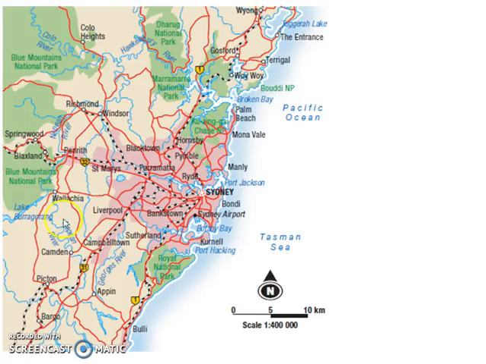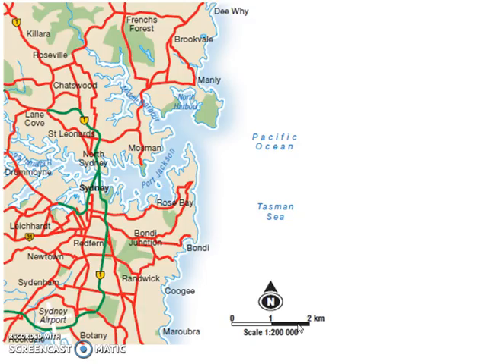If we zoom in, say, towards Sydney, the scale has now changed because the map has become bigger. So the scale here is 1 to 400,000, meaning any measurement that you make on your map is 400,000 times bigger in real life. Zoom in a little bit further, closer to Sydney, and you can see the scale has changed to 1 to 200,000, meaning everything in real life is 200,000 times bigger. So any measurement that you make, you need to multiply by 200,000 to find out what its